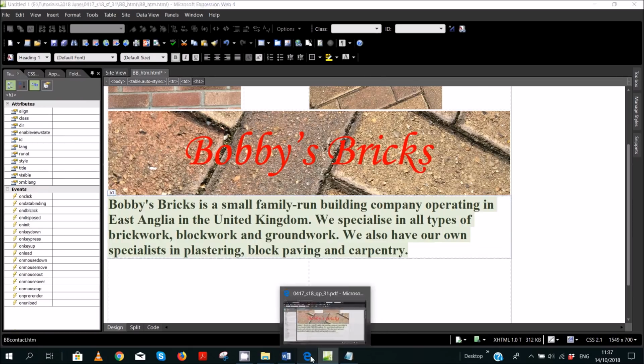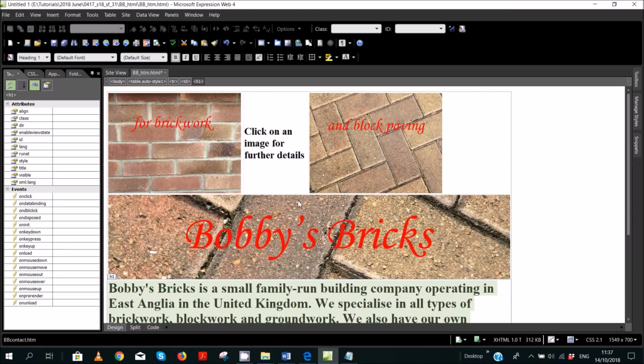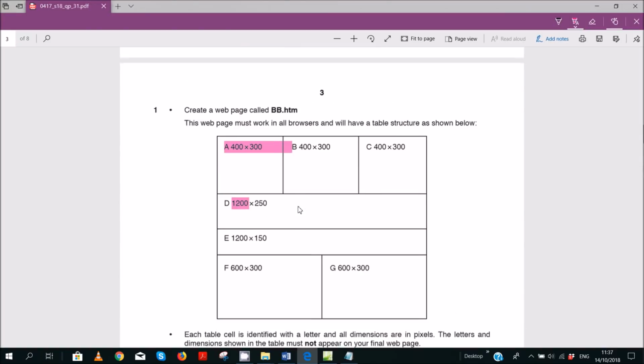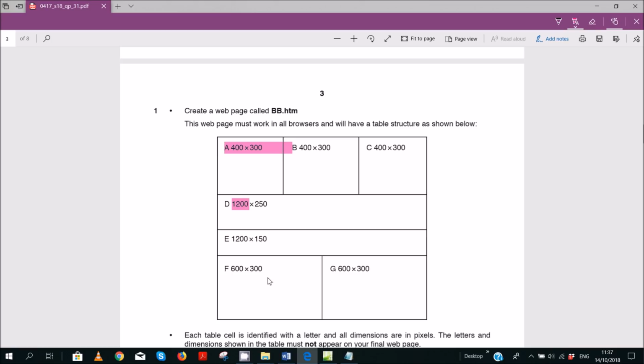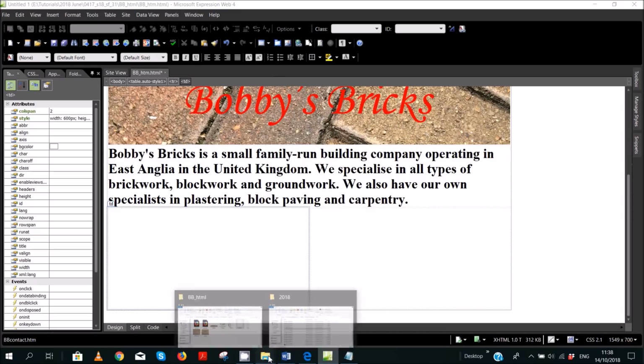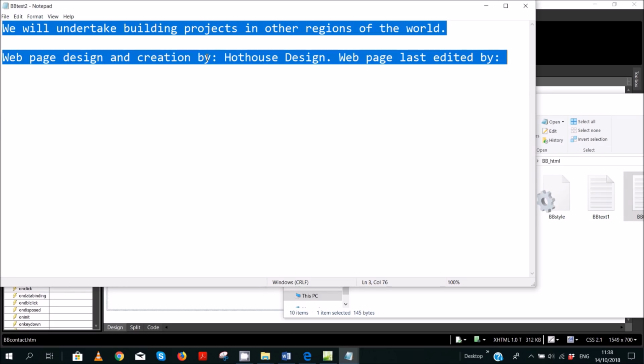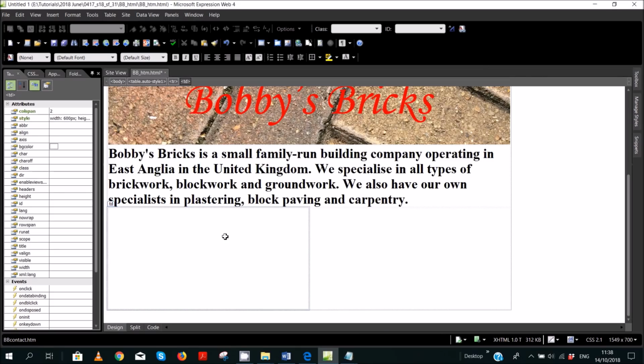Then next, place in cell F the text from the file bbtext2. Okay, so cell F is this one here. Okay, and we'll go here and get the information from text file 2, copy it and paste it in here. Okay, then